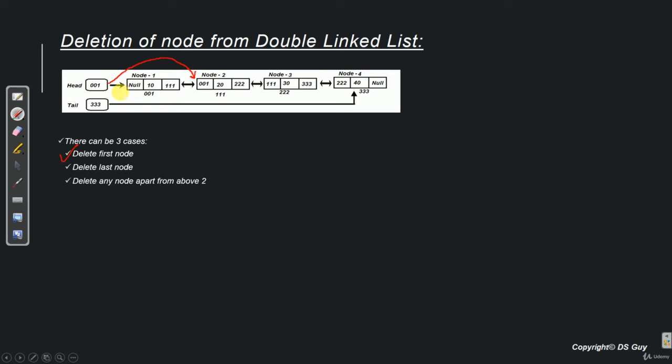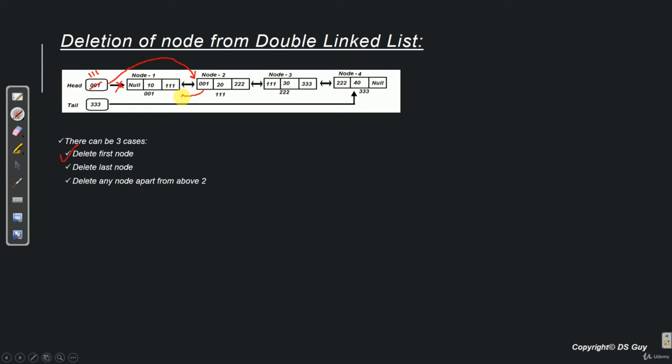So how do we do that? We update the reference of head and put 111 here, which is the address of node 2. So this will ensure that this link gets destroyed. Now node 1 cannot be deleted by the system right now because it is being pointed to by node 2.